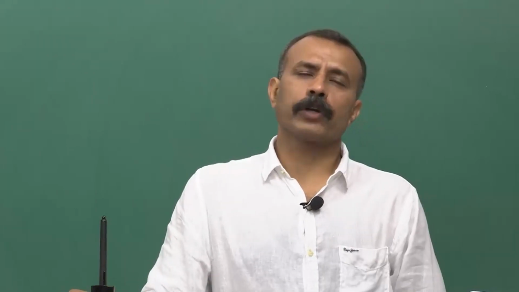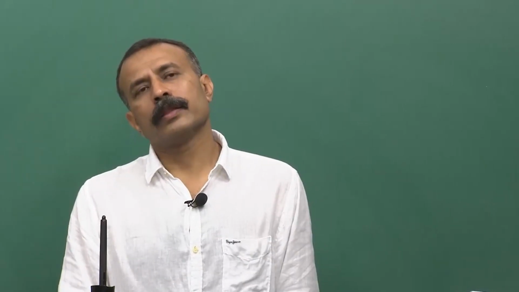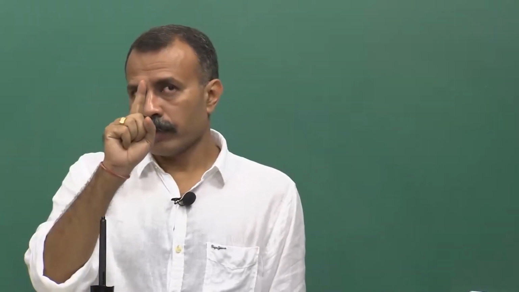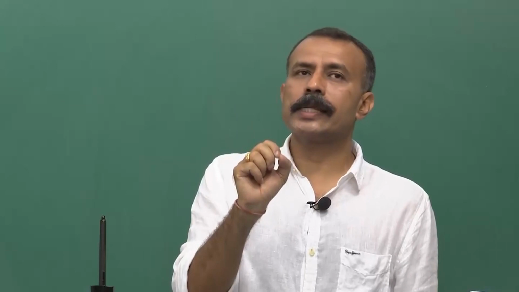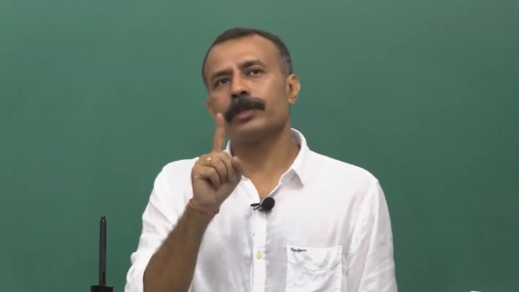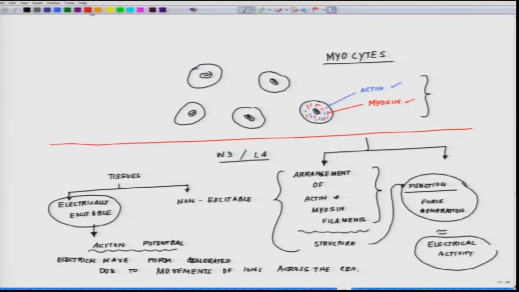The nature or the shape of the electrical waveform of the action potential of different muscle types is different. So, in other words, this electrical activity could be directly correlated. Mark my word very carefully, this electrical activity could be directly correlated with the force generation of the muscle. So, these two disparate or very separate entities, force generation and electrical activity, could be clubbed together, because we have